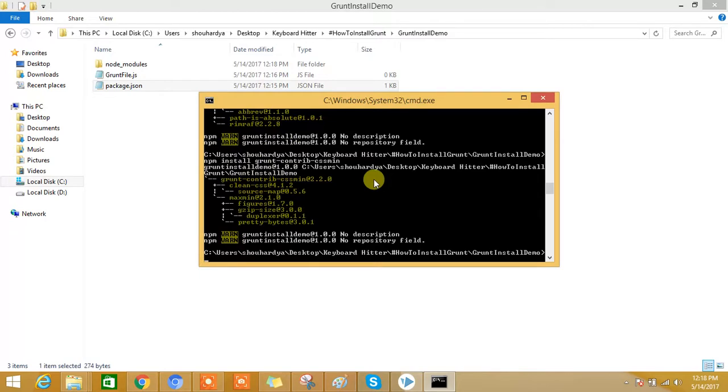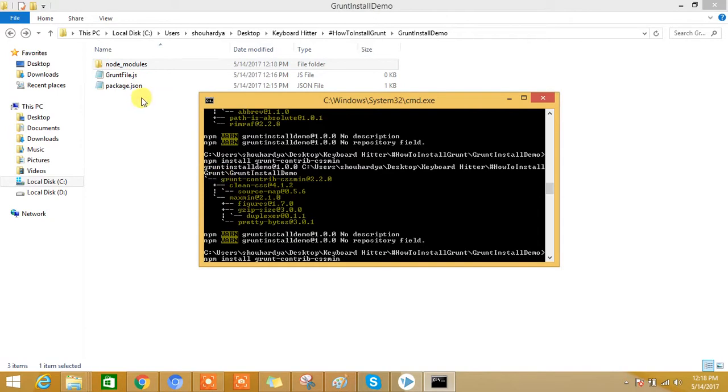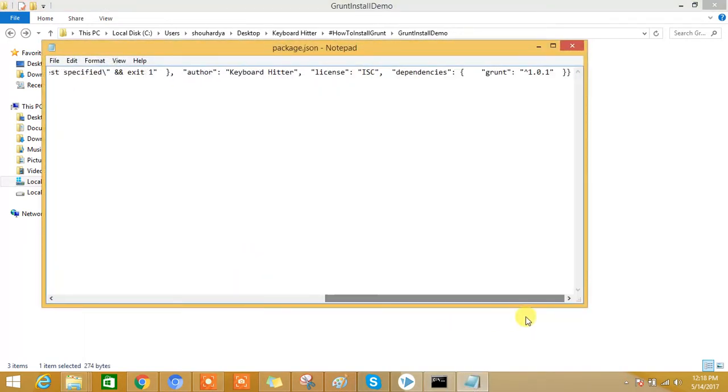So now this installation is completed, but here we need to see one thing. We have executed the command as npm install grunt-contrib-cssmin. By doing so, we have this module or grunt plugin installed within this node_modules folder here. But if we look into this package.json file, you can see this is not being listed within the dependencies list.